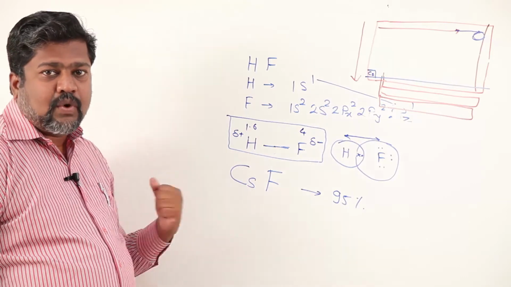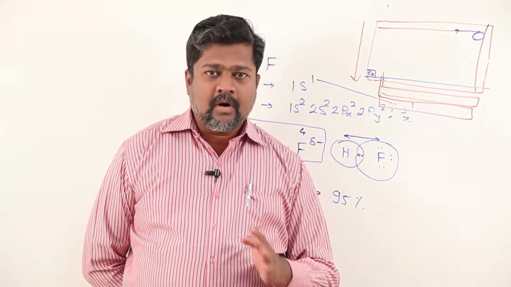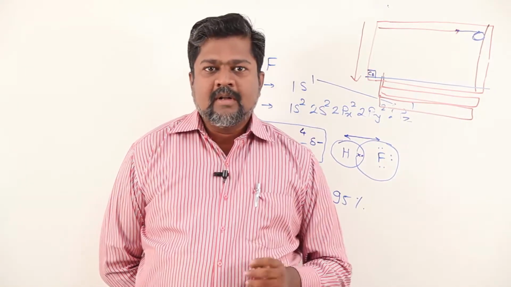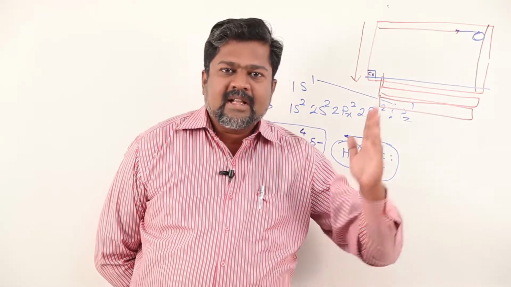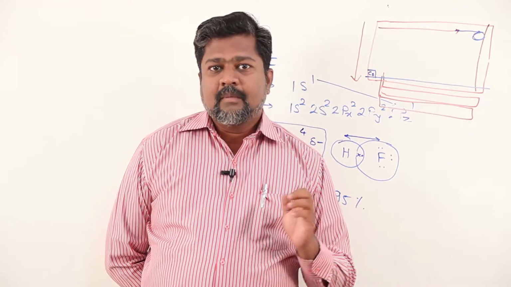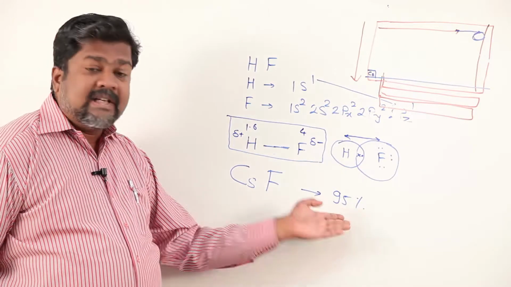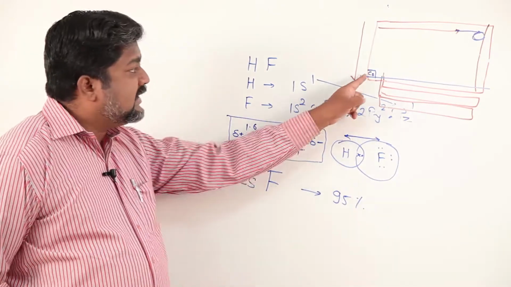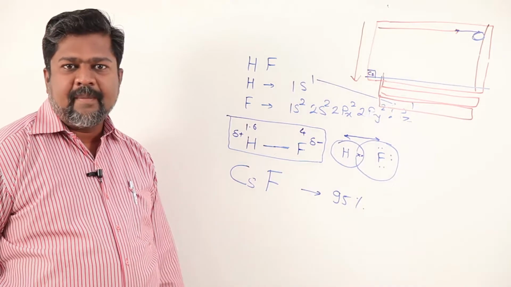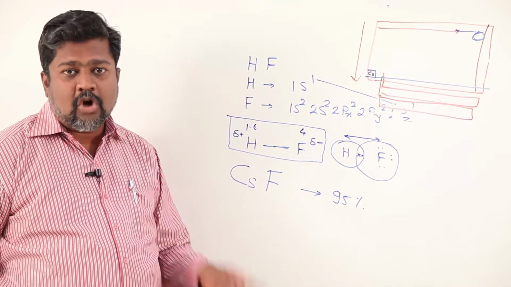And so we are now, instead of saying the word ionic bond, because what is the basic principle of an ionic bond or electrovalent bond? There we consider that an electron is transferred from one element to another element. That was the basic idea at that time. But now with the data of electronegativity, it is clear that maximum transfer should be there between cesium and fluorine, but that is also not 100%, that is just 95%. I am using the word just because it should be 100% but it is not.